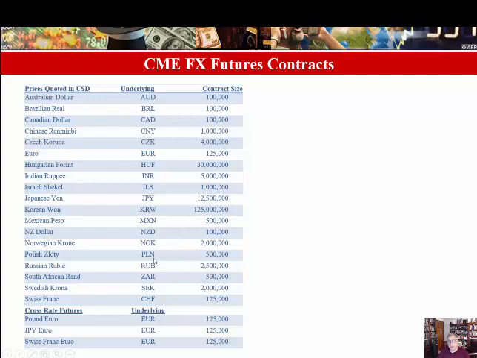Each of these contracts can be traded for amounts that are multiples of these amounts. For instance, you cannot buy or sell a futures contract for 50,000 Australian dollars. You can either buy or sell for 100,000 Australian dollars, or 200,000 or 300,000, so multiples of